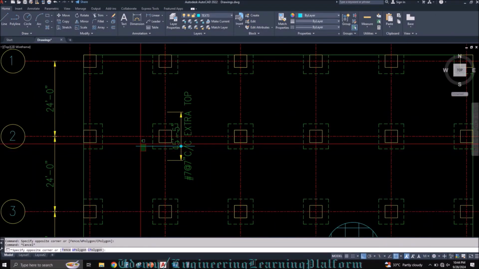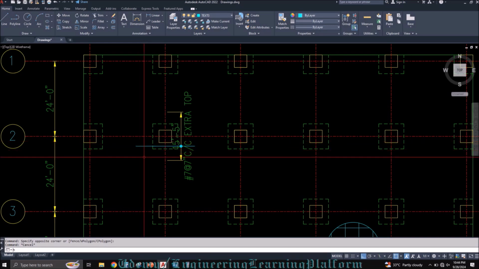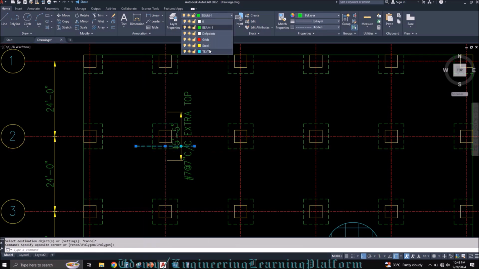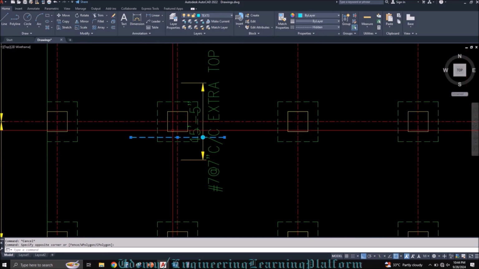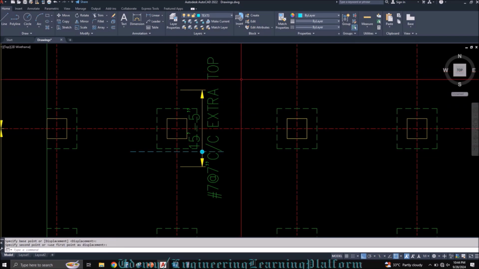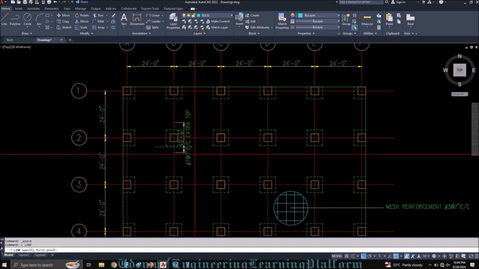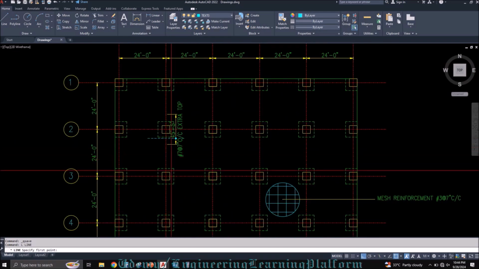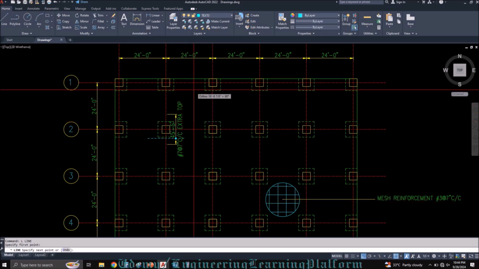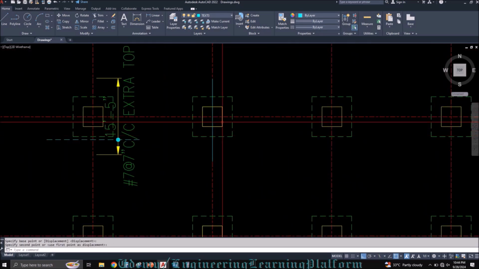For simplification, I'll add the reinforcement here. Please note that this is a top reinforcement, so the bar should be in hidden line. I'll change the layer. Okay, so the top reinforcement bar is always shown by a hidden line because it's above the mid depth of the slab. And the bottom reinforcement, I'll just draw for demonstration purposes. This will be your top reinforcement in direction number 2,